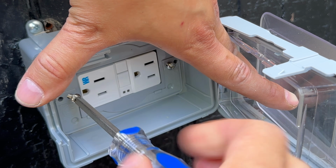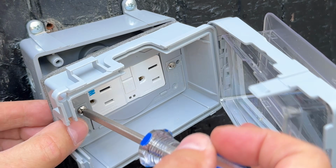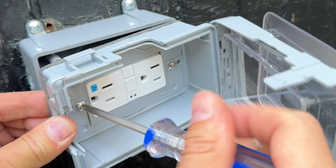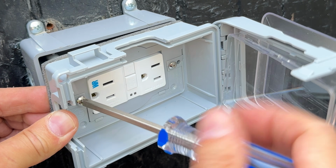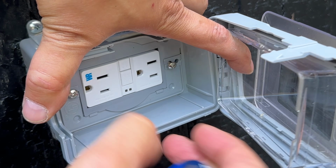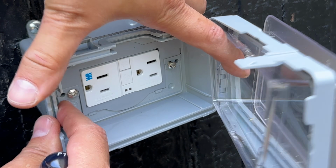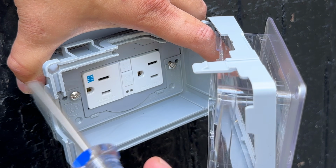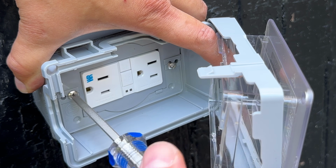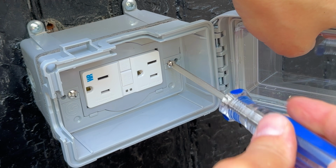You want to make sure that you're hitting the stumps. I'm tightening this one down as much as I can at the moment. Okay. All right. Now, my screws are holding onto this, and now they're into the stumps in the box, and I can now fully start tightening it down. And also, another thing that you want to be kind of cognizant of as you're screwing this all down, as I keep on hitting,